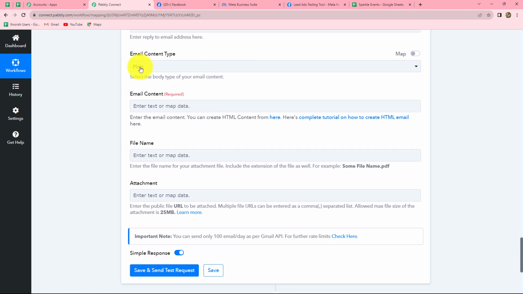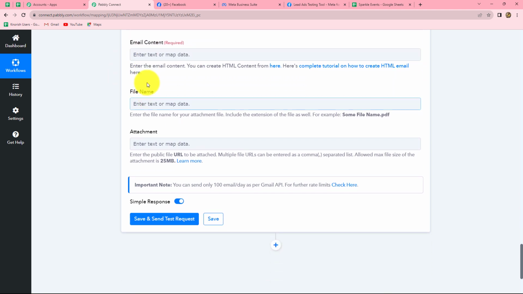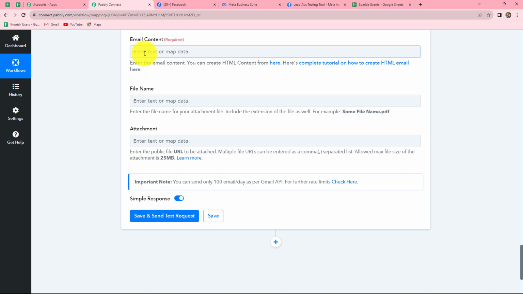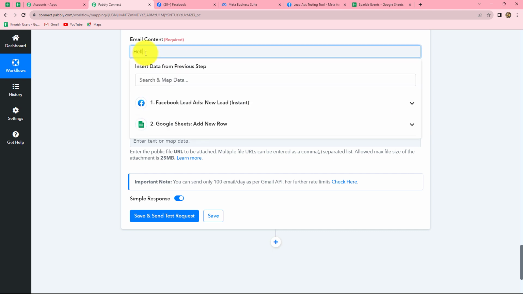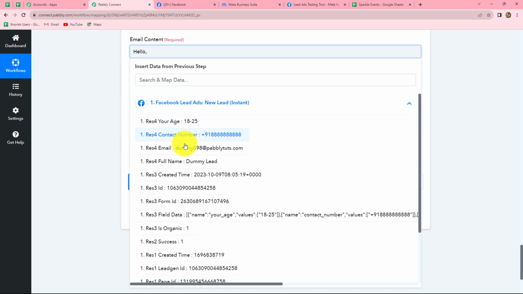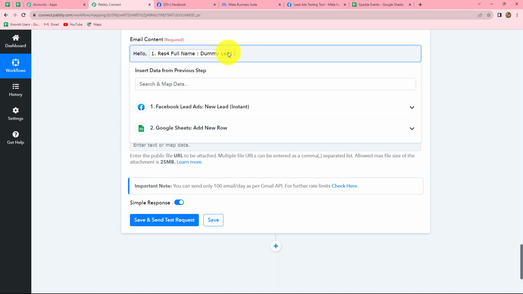The next is email content type, so it will be plain, and now we have to enter the content of the email, that is the body of the email. Now here I want to write the body as, here in the place of name we are going to map the data so that it could change with every new response, and we can create a customized email, okay? Now here after the name, I want to write,